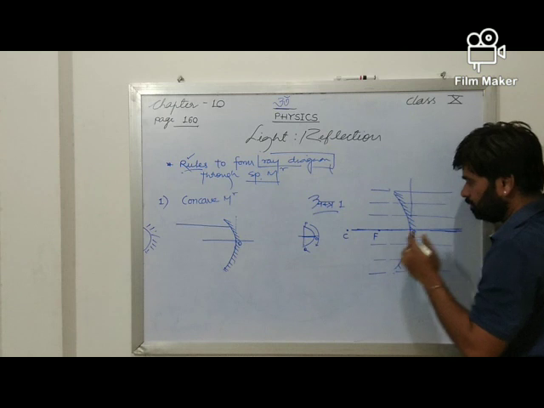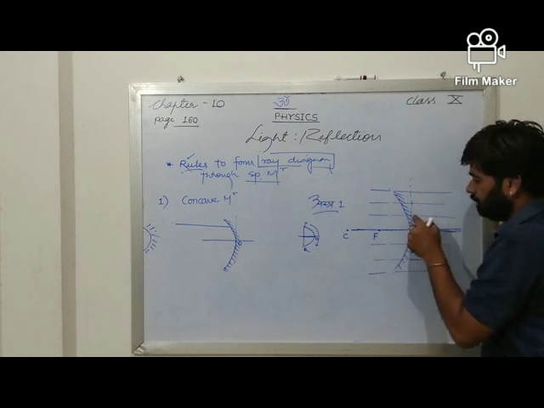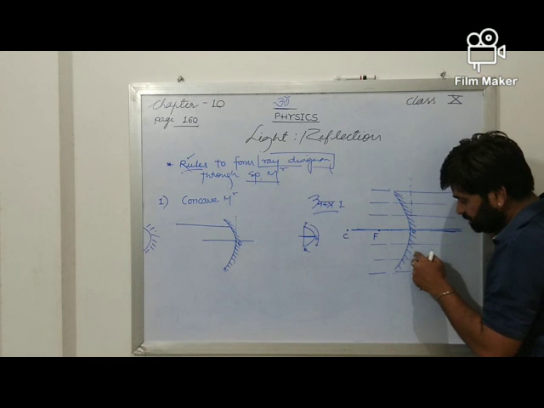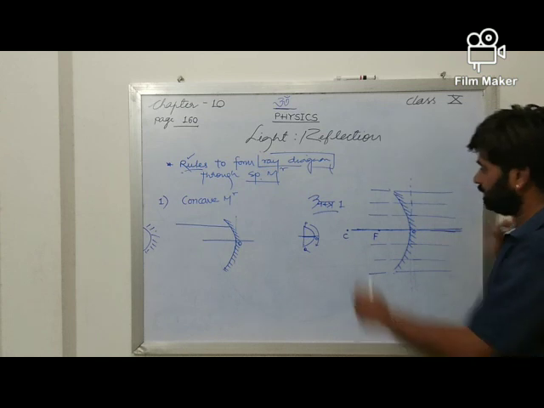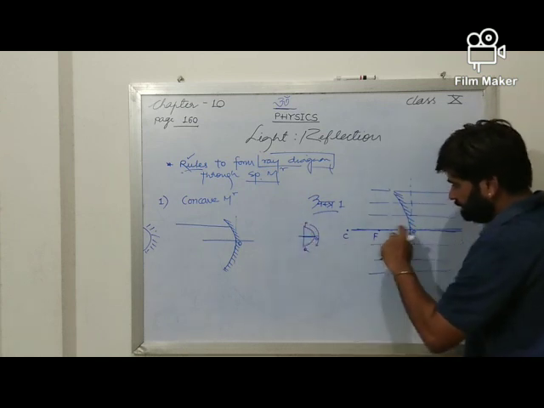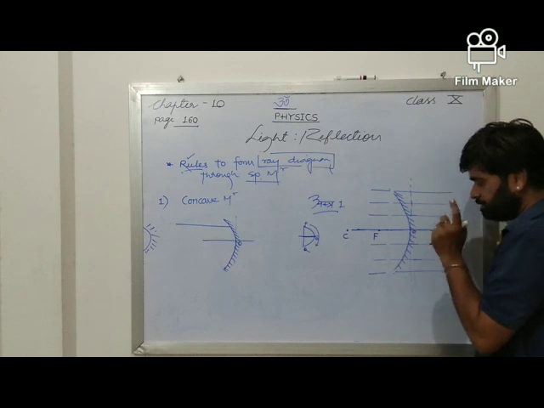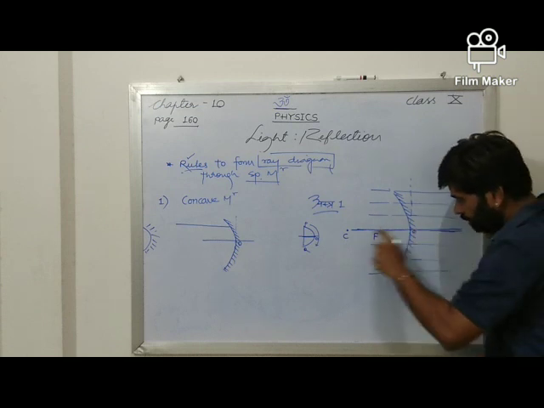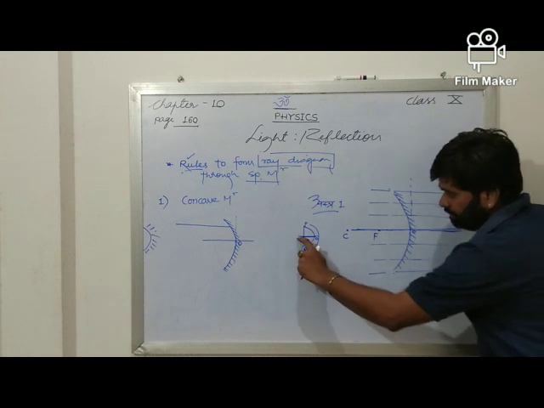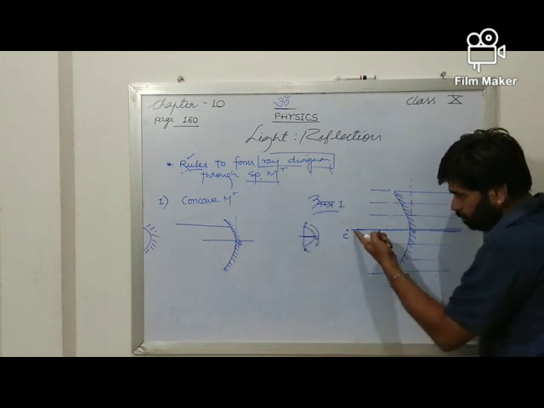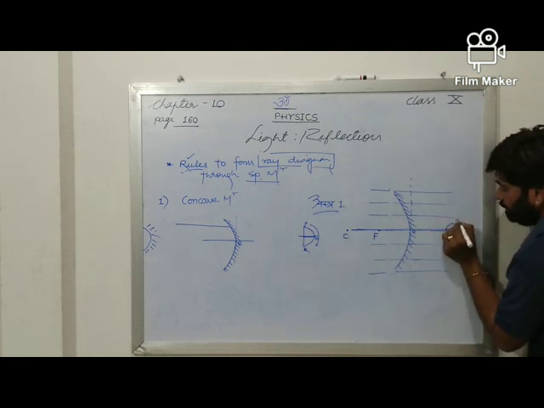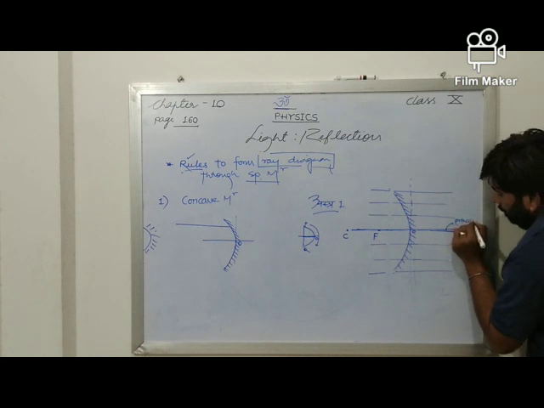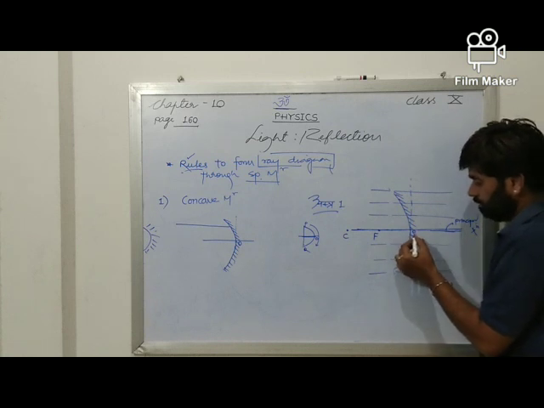3 lines up, 3 lines down. Before that, you have to draw a normal, that should be with the dash line. That is the construction part, that's why it should be with the dash line. After that, you have to put your D in such a way that this O point should coincide with this particular O point, that is the intersection of this line with the normal. Then this horizontal line of D should coincide with this particular line, which is the principal axis. This particular line is known as principal axis.